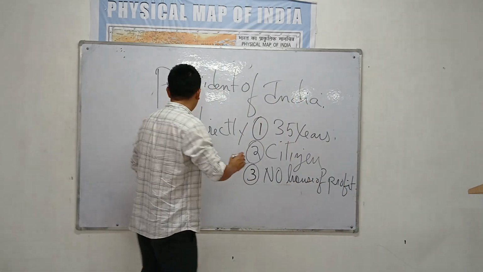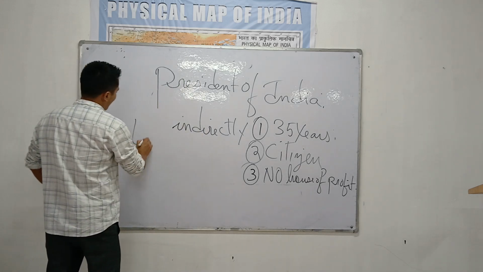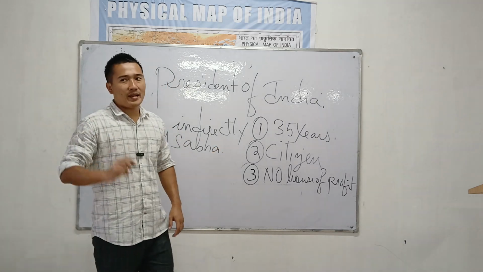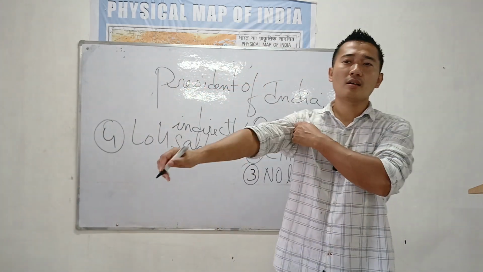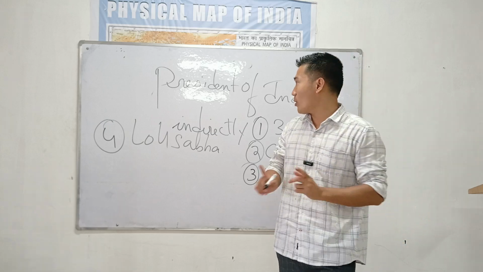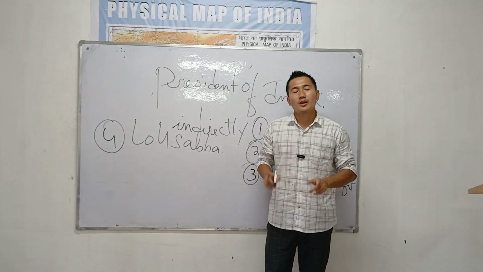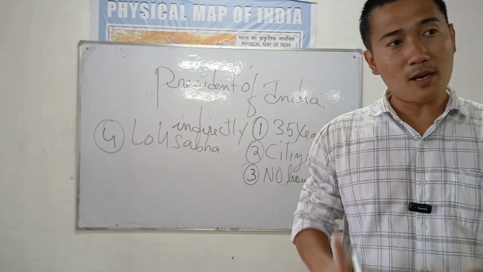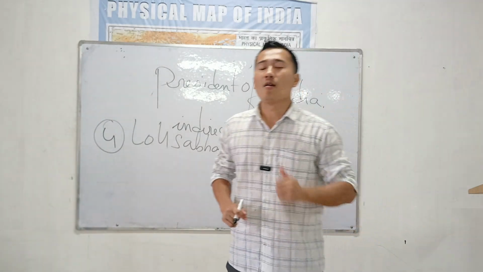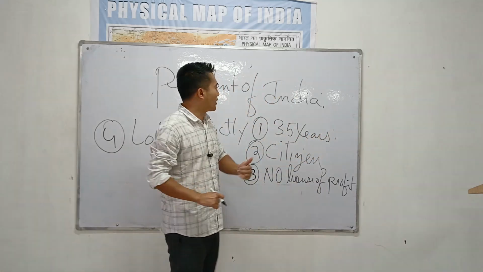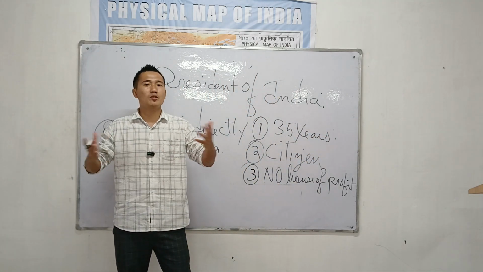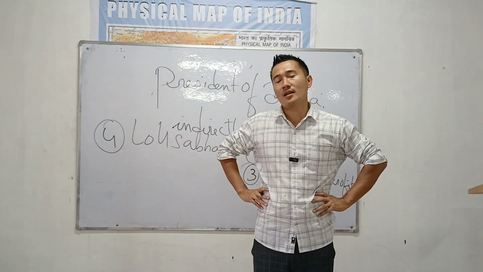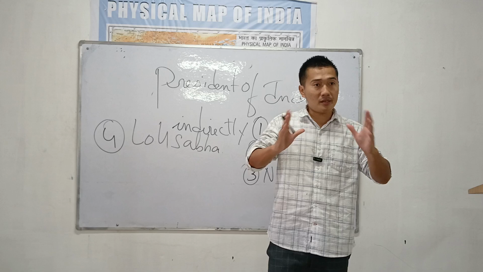Not possible. And the last is Lok Sabha. You should be eligible to be a member of the Lok Sabha. That is the last qualification. If you want to contest the election for president, you should at least be qualified to be a member of the Lok Sabha, not Rajya Sabha, Lok Sabha. I'm repeating once more. So these are the four essential qualifications to become the President of India. After this, the election is open. The Election Commission of India will announce the date for the elections. Anyone can contest. Now let's see who elects the President of India.